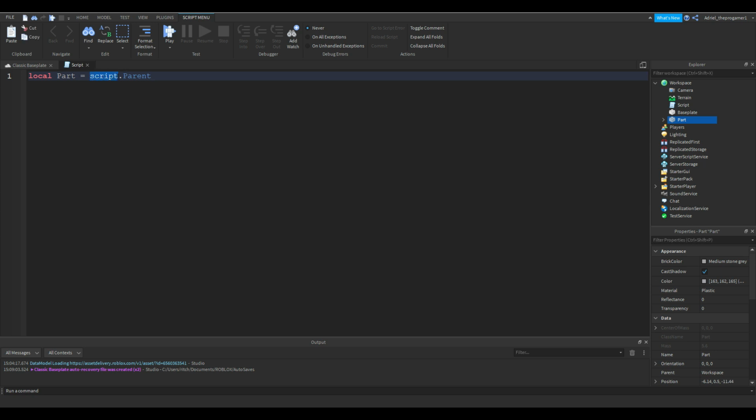So script is basically telling the script, even if it's a local script or module script, it's still called a script. Then the parent right here is saying the workspace. So you click on script and search parent on properties, and the parent is workspace. But if you change the parent to server script service, the parent is now server script service. If you change it into chat, the parent is chat. So let's make it back to the workspace or server script service. So script.parent.part